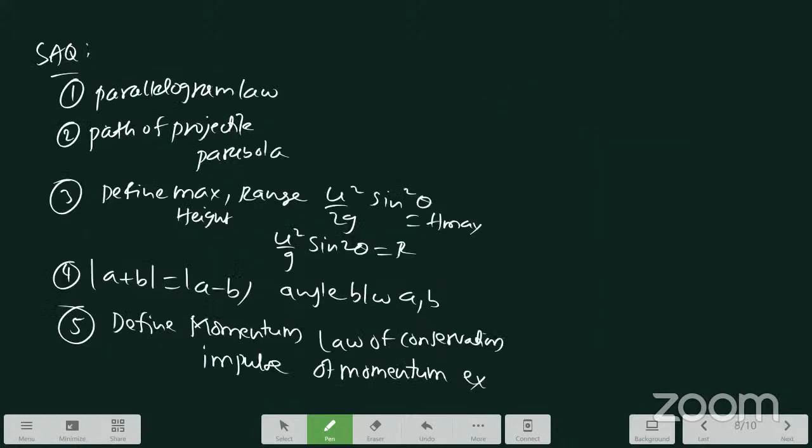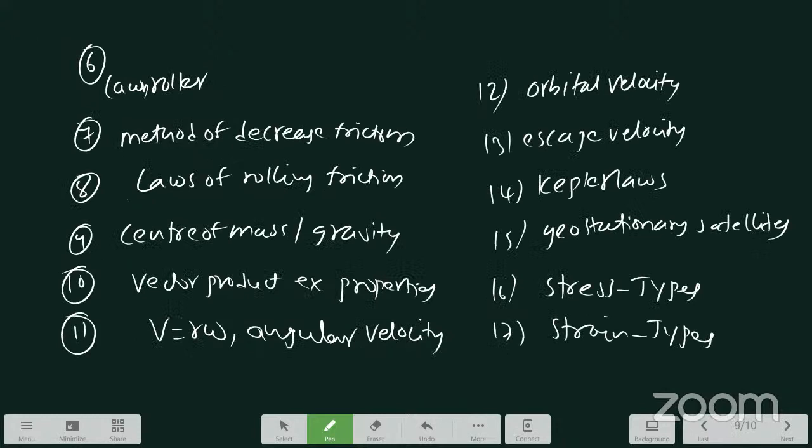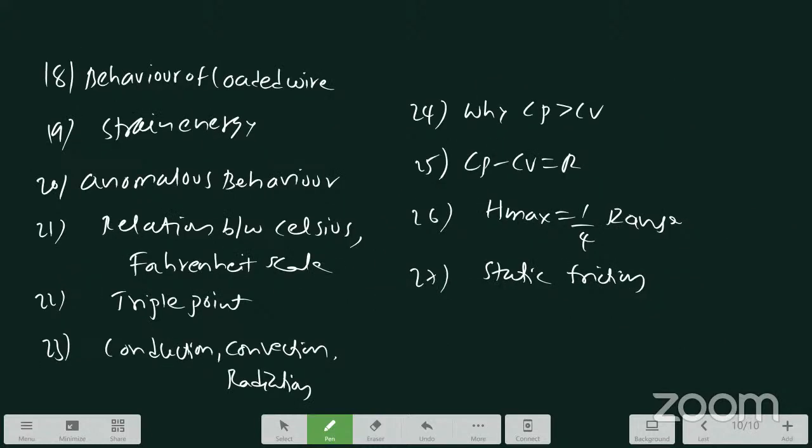Parallelogram law, path of projectile parabola, define maximum height, modulus of A plus B, momentum, law of conservation of momentum, lawn roller, decreasing methods of friction, rolling friction, loss of rolling friction, center of mass, center of gravity, vector product, angular velocity. These 4 questions from a single lesson: gravitation, orbital velocity, escape velocity, Kepler laws, geostationary satellite, stress types, strain types, strain